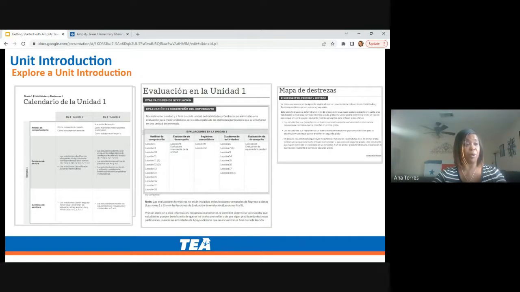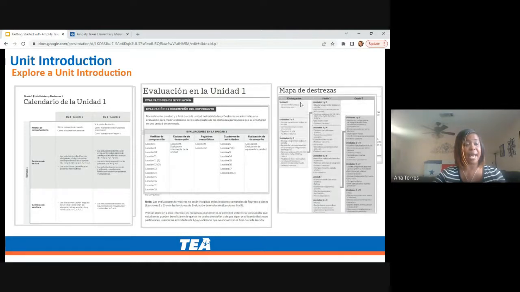An additional important piece is your mapa de destrezas, your skills map, included here. It looks at kindergarten, what's going on in various of those units, and how grades 1 are going to be reviewed. For grade 1, units 8 and 9 are going to be reviewed, and units 1 and 2 when they get to grade 1, and then for second grade, unit 7 is going to be reviewed when they review 1 and 2 in grade 2. So this gives you a really nice skills map.